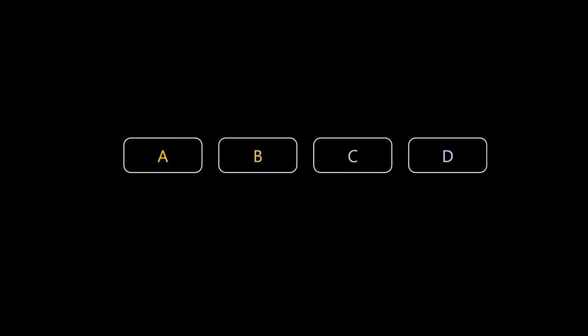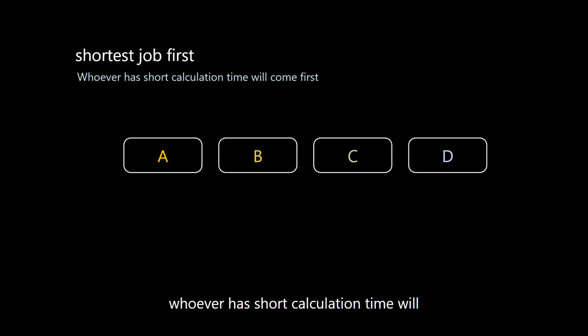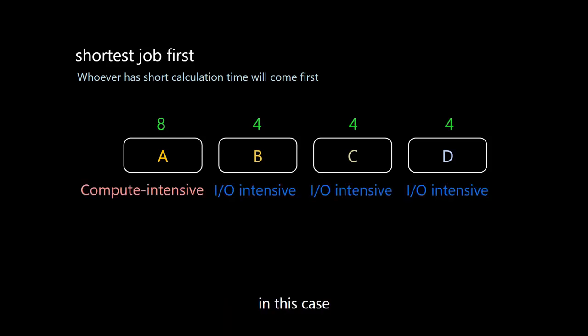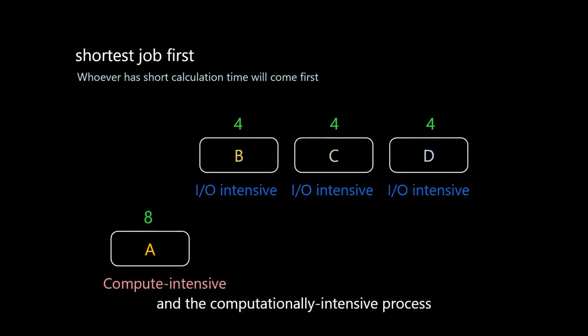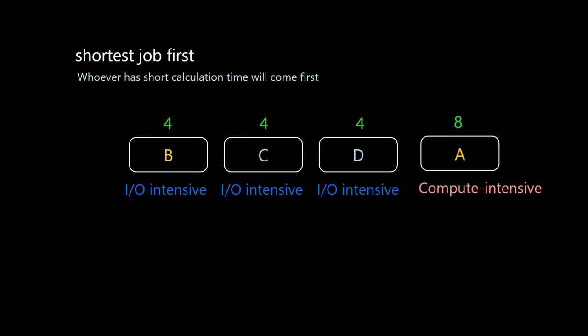With the previous lessons, the second algorithm is shortest job first. That is, whoever has short calculation time will come first. For example, we can predict how long each process will occupy the CPU. Then, in this case, the I/O intensive process will be in the front, and the computationally intensive process will be in the back. If the CPU has been running a computationally intensive process for 7 minutes, there is still 1